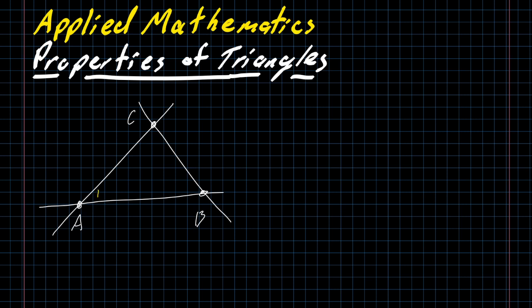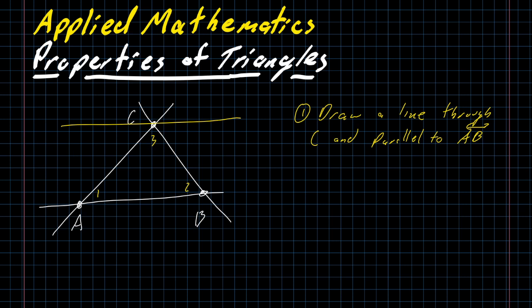The other thing that I want to remind you of is that if you add the measures of the three angles in a triangle, you get 180 degrees. If you've ever been curious as to why that is the case, the answer may surprise you, but it's not that difficult to go through. If we draw a line through C, which is parallel to AB,